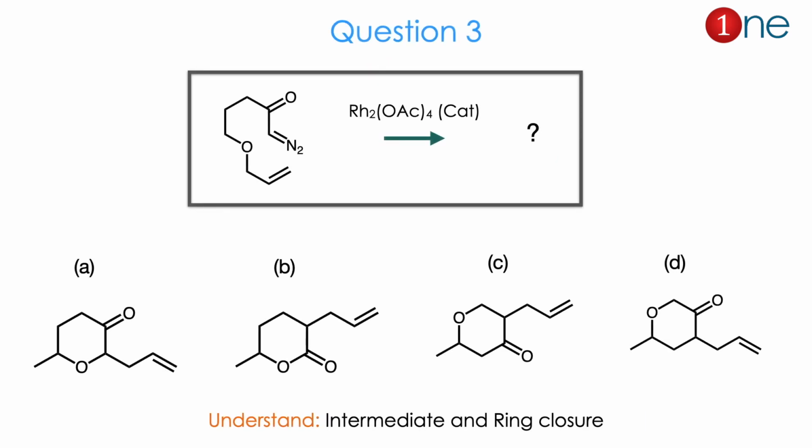Then question number 3. The starting material contains a ketone with a nitrogen in the azo form, and you have the ether there with an alkene double bond. Here a rhodium catalyst is used, rhodium acetate, and they ask you to find the product. The products are mostly the cyclized one; the alkene position is the real question, and regioselectivity is also a question. So which way the ring is closed, whether the ring is closed at the carbonyl carbon or the nitrogen carbon.